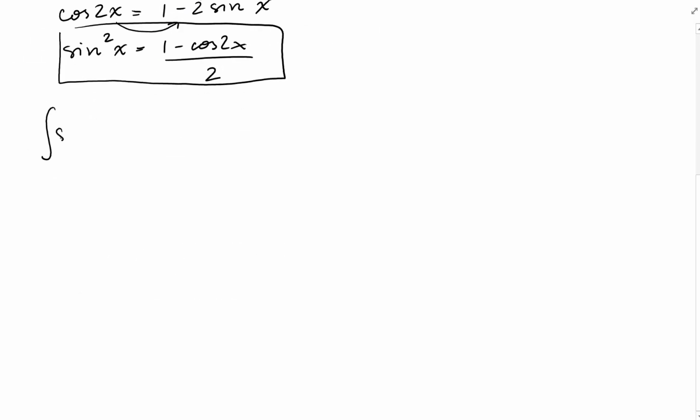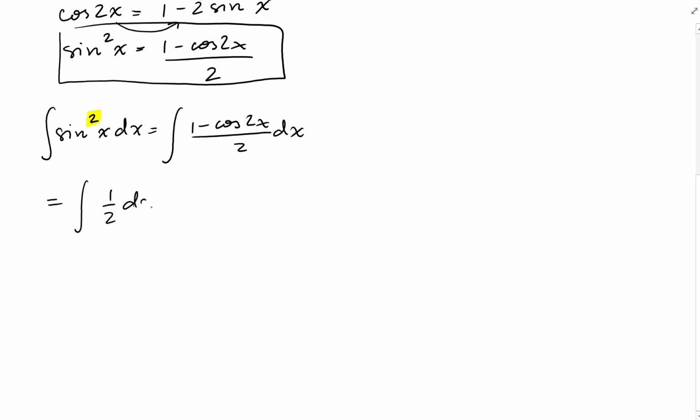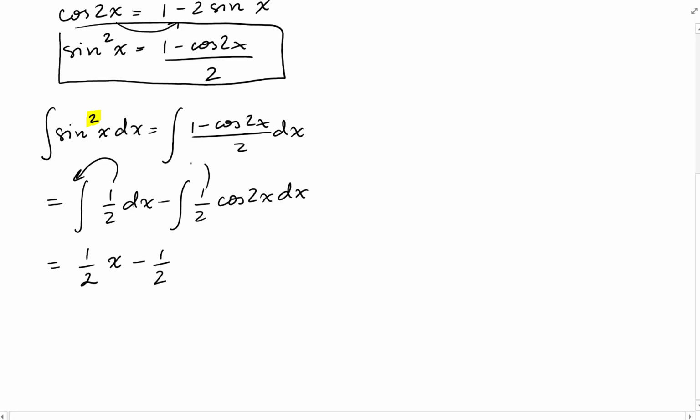So the integral of sine squared of x dx is the integral of 1 minus cosine of 2x over 2 dx. So from a second power, we ended up with the first power, which we have formulas for. And we can split it in two integrals and calculate each integral. So the integral of 1 over 2 dx, 1 over 2 comes in front, and then the integral of dx is x,